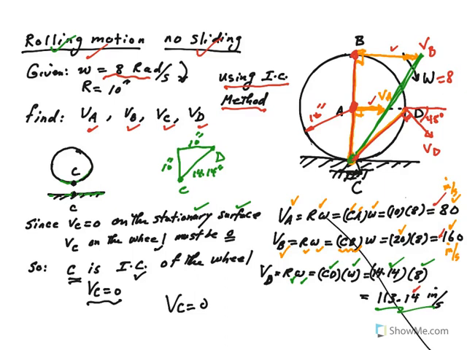By the way, you can find velocity of any point then. For example, if you want to find velocity of this point, say point E, you just connect from C to E, and that velocity would be CE times omega, and the velocity would be 90 degrees to this radius. I hope you see that this is a much easier shortcut approach